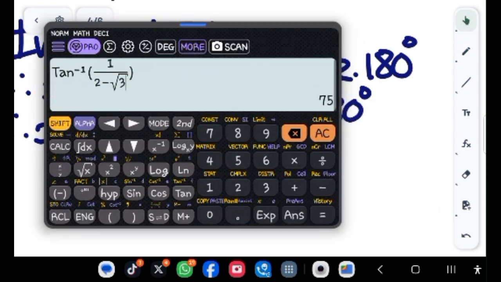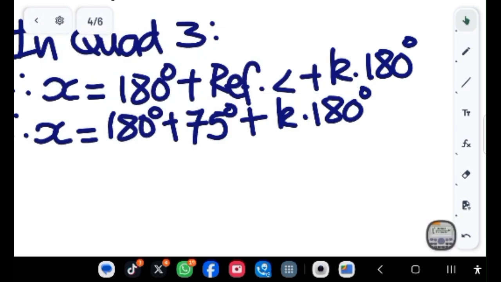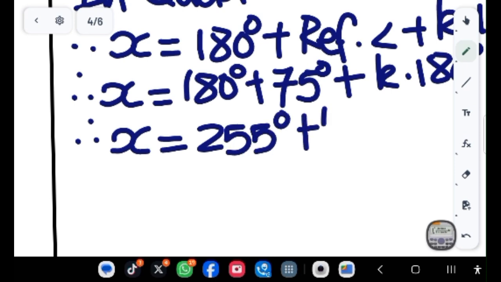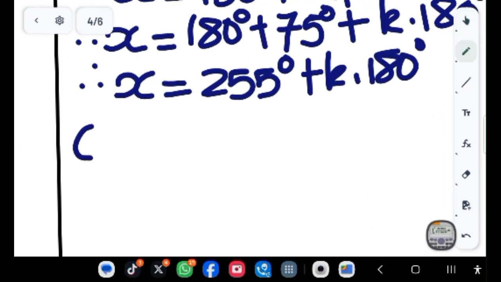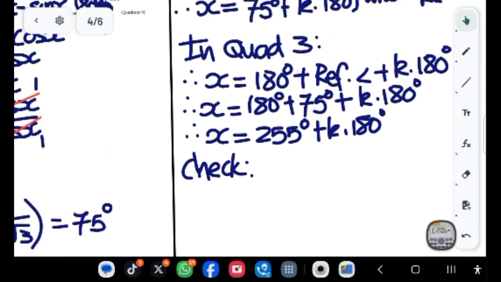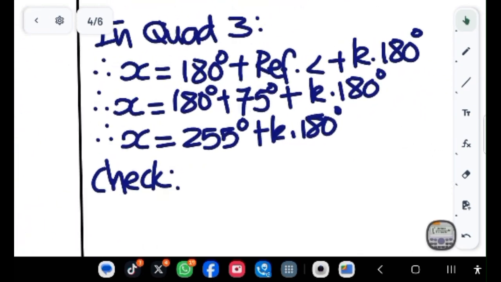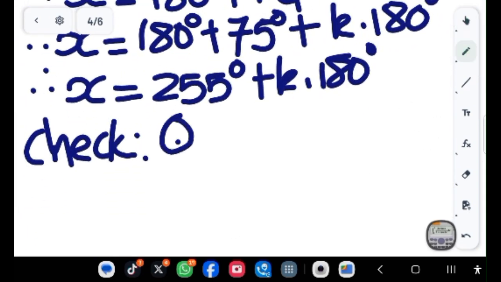and that gives us 180 plus 75, that gives us 255. Therefore x equals 255 degrees plus k times 180 degrees. Now we check. We're not going to always check fully. In quadrant 1 we'll just use k equals 3. Checking in quadrant 1